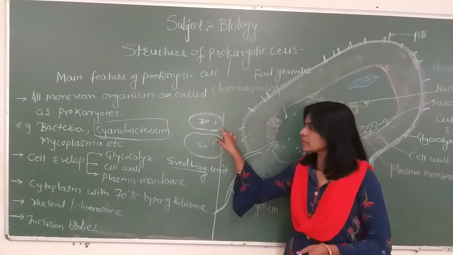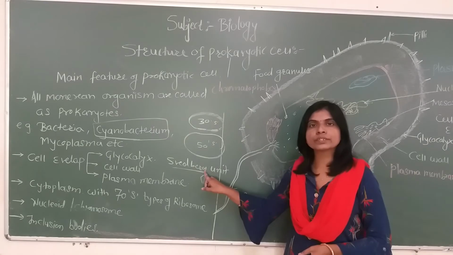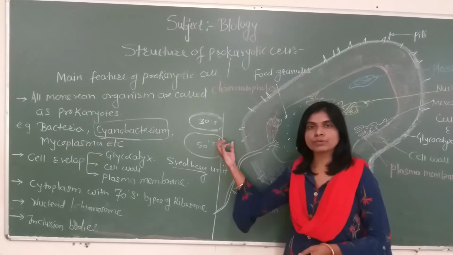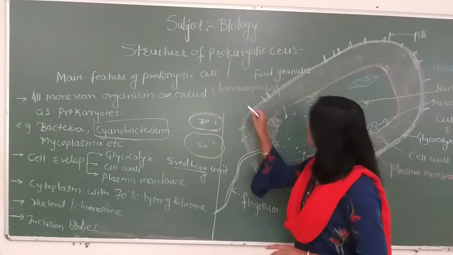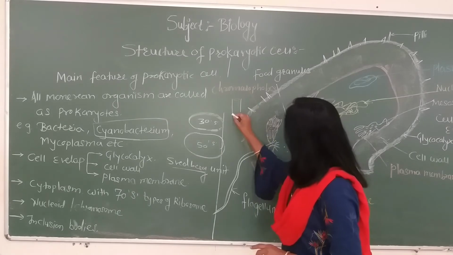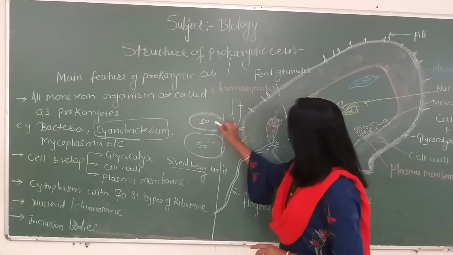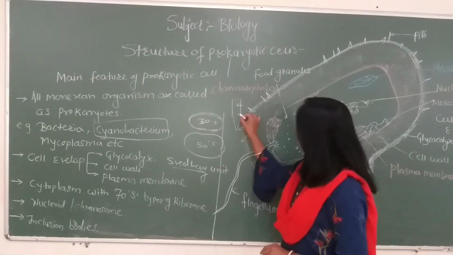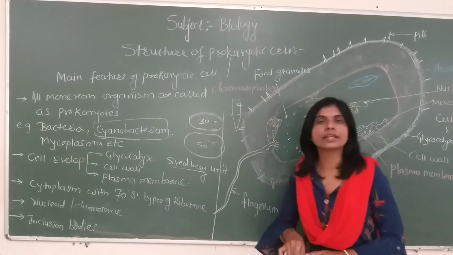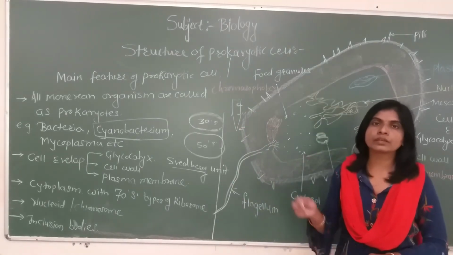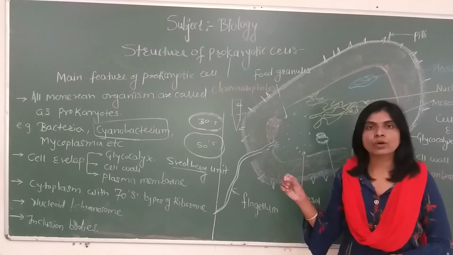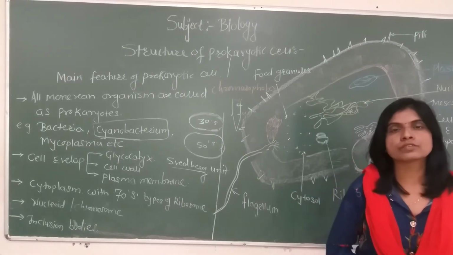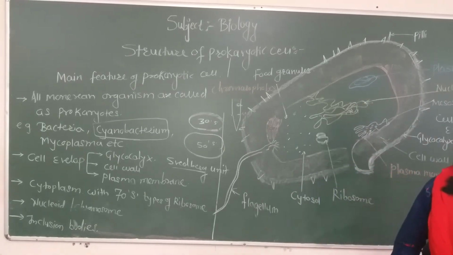What does this S mean? S means Svedberg unit. In a centrifugation tube, when the cytoplasm is centrifuged, the small subunit settles down in that tube at the marking of 30S, so it is called the 30S subunit. The other part of the ribosome settles down at the marking of 50 on the basis of its sedimentation gradient, so it is called 50S. So in this manner, the cytoplasm has only one cell organelle, which is non-membranous, called the ribosome, made up of two parts. The small part is called the 30S subunit and the large part is called the 50S subunit.